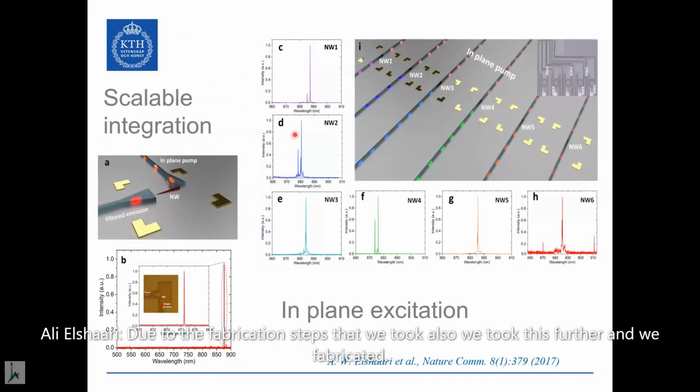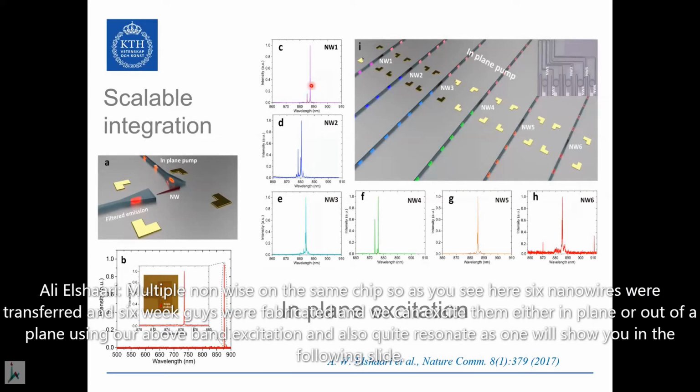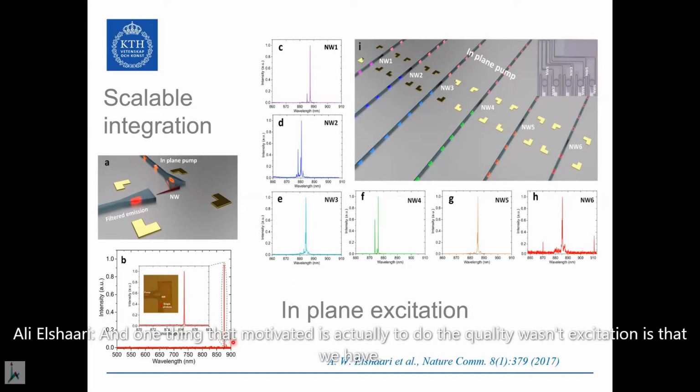We also took this further, and we fabricated multiple nanowires on the same chip. As you see here, 6 nanowires were transferred and 6 waveguides were fabricated, and we can excite them either in plane or out of plane using above band excitation and also quasi-resonant, as we will show in the following slide. One thing that motivated us to do the quasi-resonant excitation is that we have very good